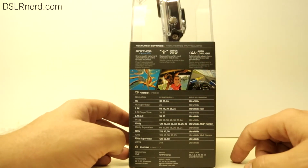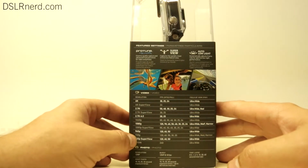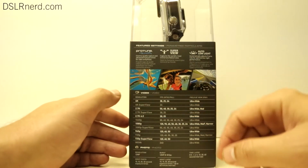We got Pro Tune with cinema quality capture and advanced manual control for video and photos. Super View captures the world's most immersive field of view. Auto low light, which is cool. The video shoots 4K,